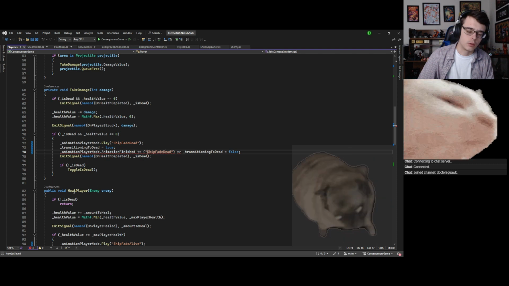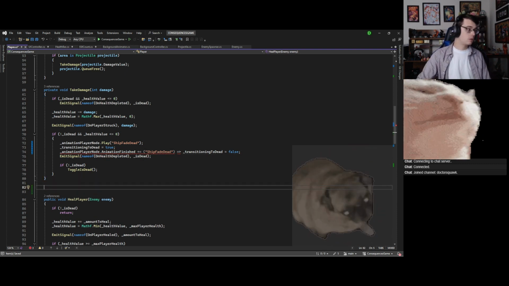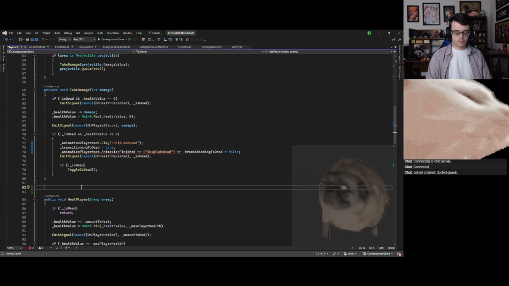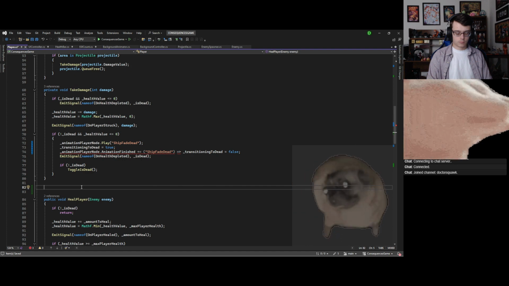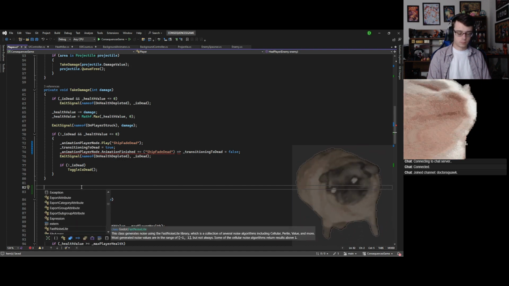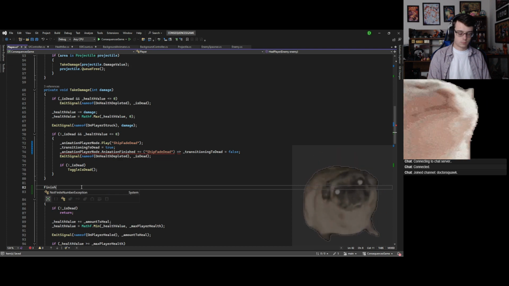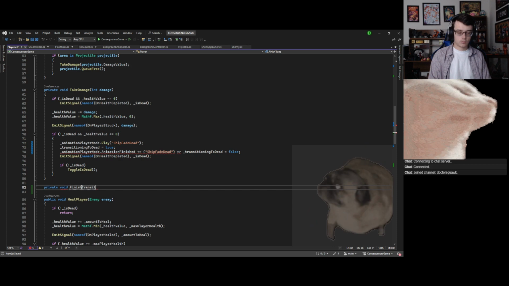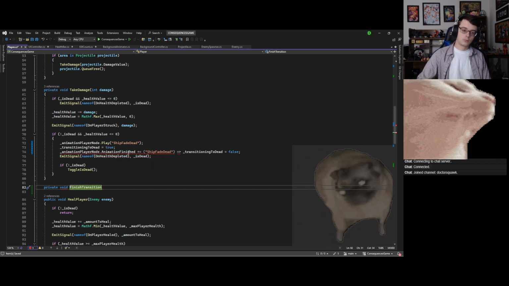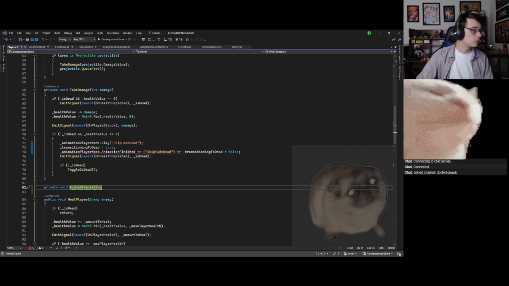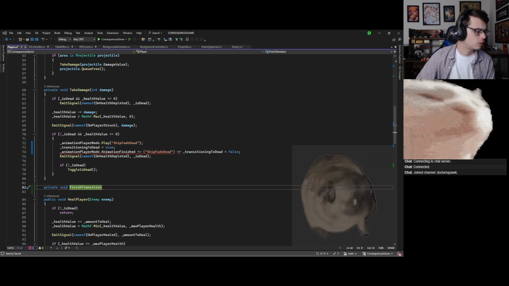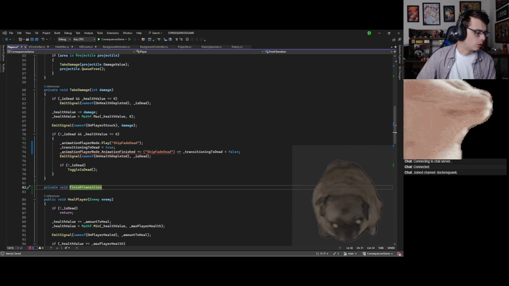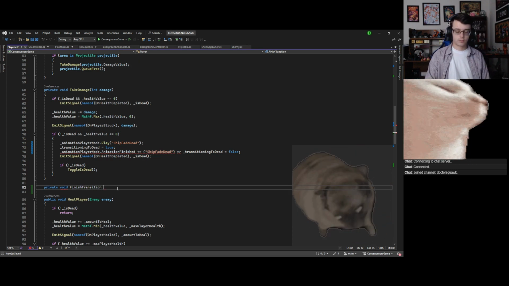I thought this was for arguments. Oh, screw it. I'll just make a separate function. Does it require me to return something? No. Doesn't look like it.